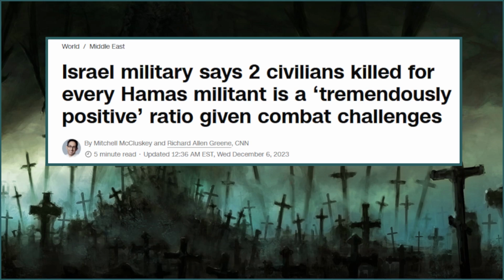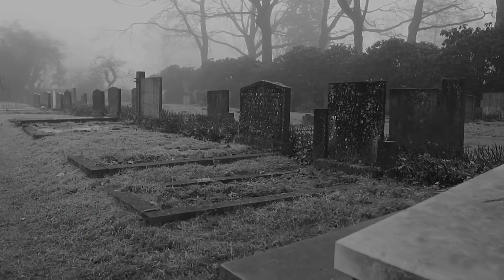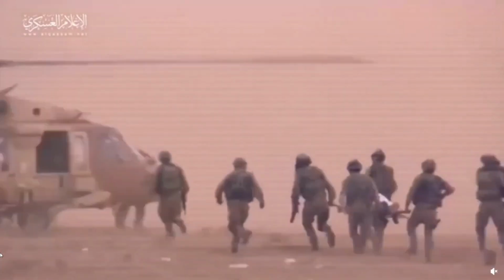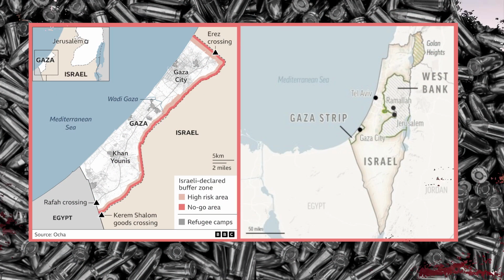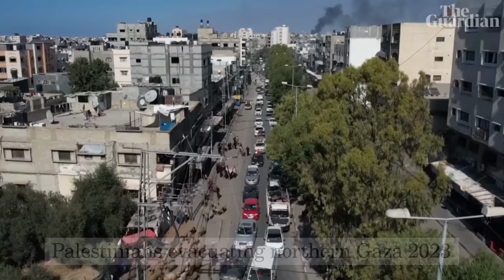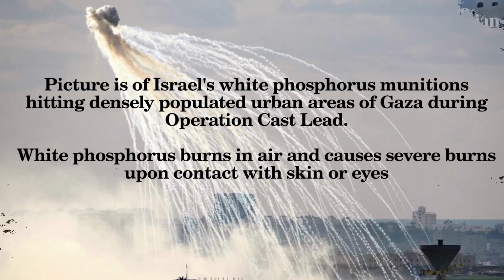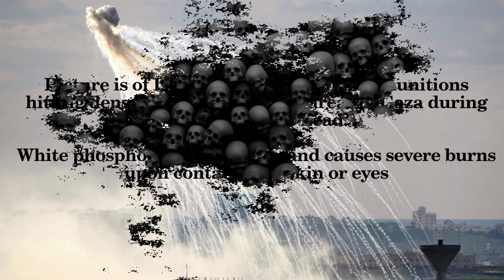This is a hideous figure already, but there is every reason to think Israel is lying, and the true figure is even worse. To develop this argument, we're going to look at the recent history of Israeli lies about civilian casualties in its wars in Gaza by looking at the two biggest previous wars in Gaza, Cast Lead and Protective Edge. After Operation Cast Lead, which ran from 27 December 2008 to 18 January 2009,